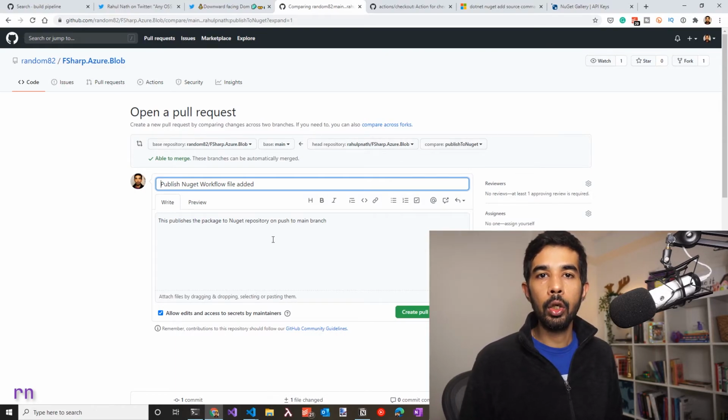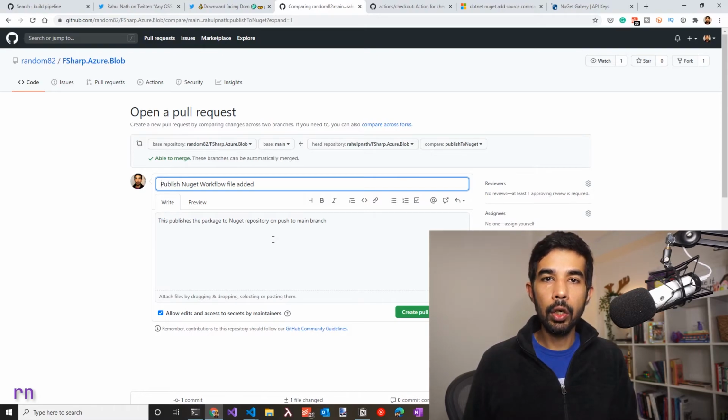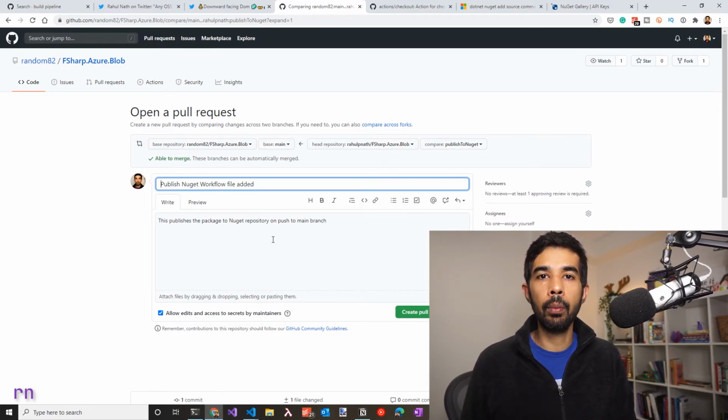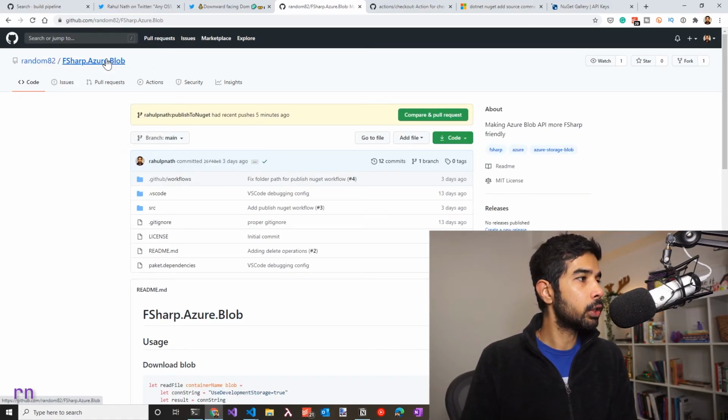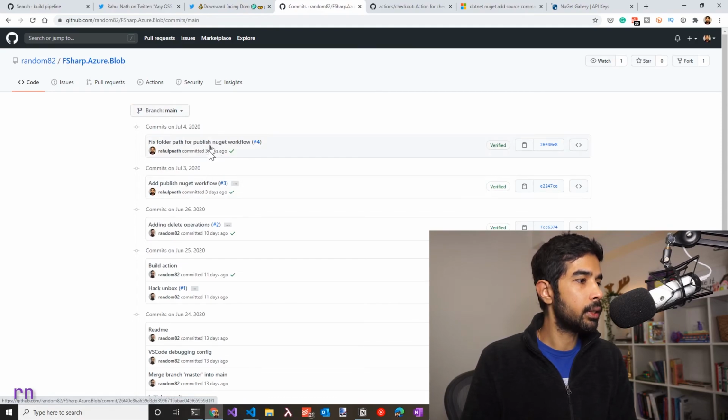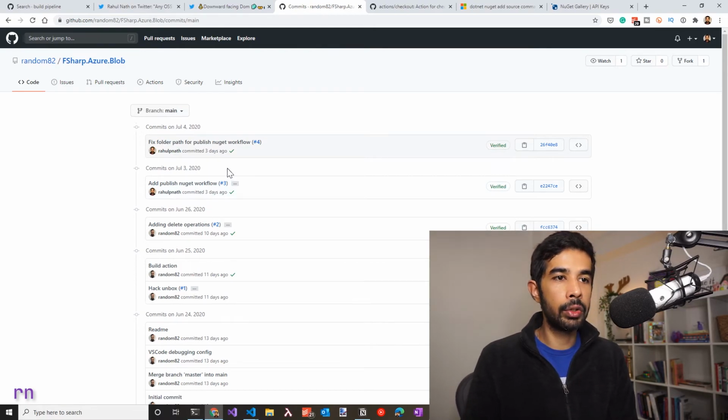Also make sure to add the GitHub settings key in this particular case. It's good to call these out as conversations in your pull request so that whoever is merging the pull request does not miss this. So if I go back to the source repository, I have this workflow committed into his particular branch. If you look at the commits, you can see that the last 2 commits are from me to publish the NuGet workflow and also fixing some minor issues that I had made.